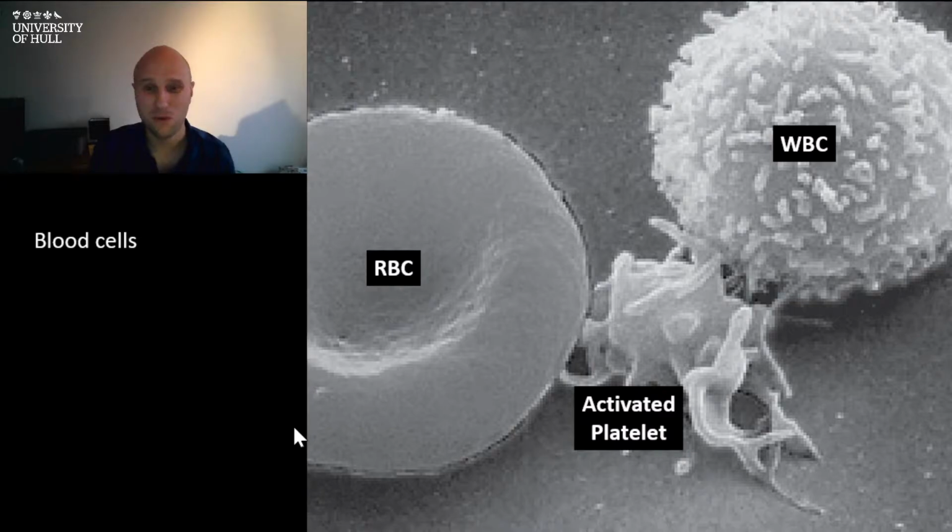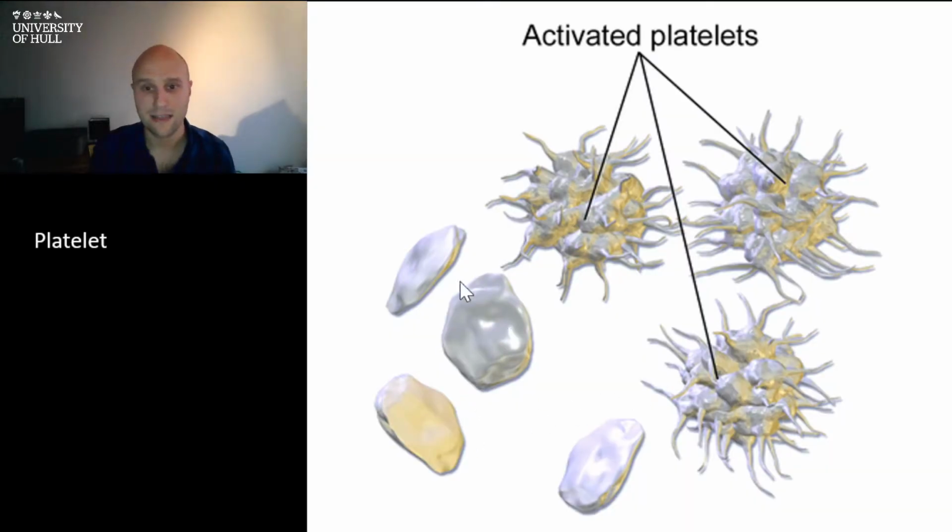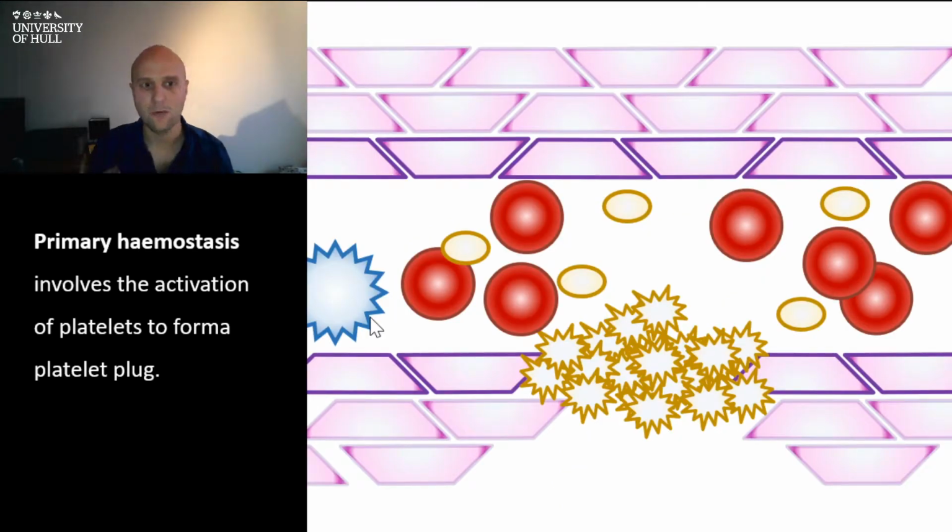So what are we talking about? Well, here are some cells from within our blood. We've got a red blood cell here, we've got a white blood cell here, they're both quite large, and then down here we have an activated platelet. And you'll no doubt already be aware that in their inactive form, platelets look like little plates spinning around, these small chunks of blood vessels, and when they become activated, they have all these little projections on them that give them a great surface area, but also help them to catch one another and stick together. So the primary role of platelets is primary hemostasis,